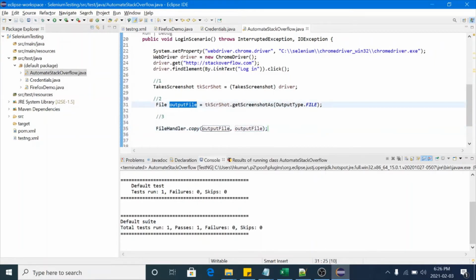Now you will pass this captured file here, and you will pass the location of your local file with this new File object and the path of your local directory.